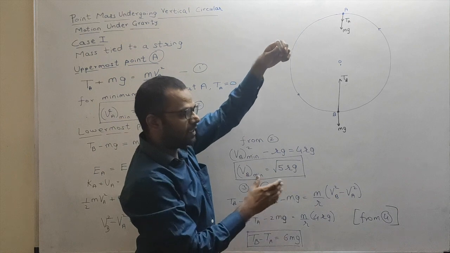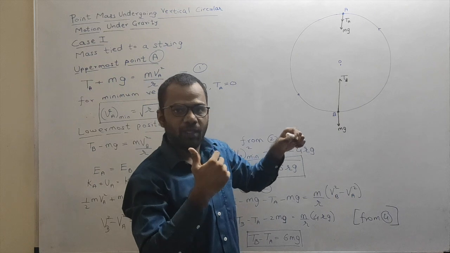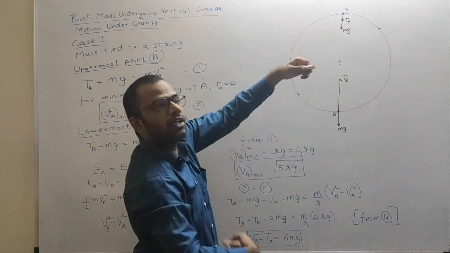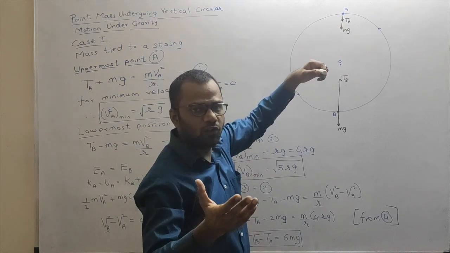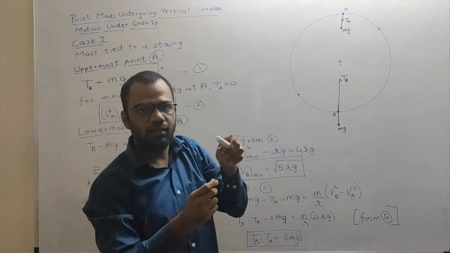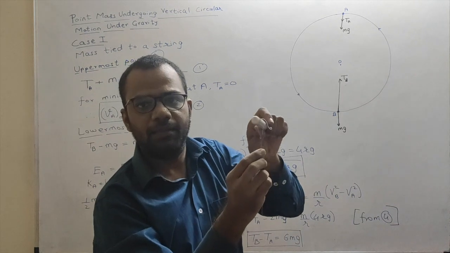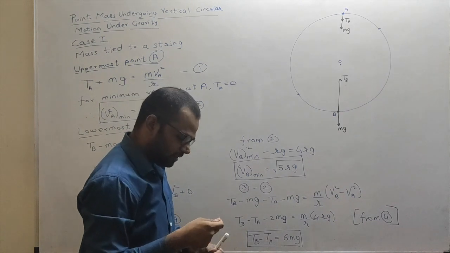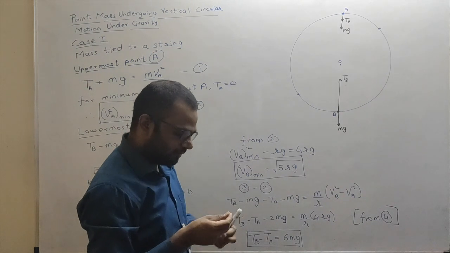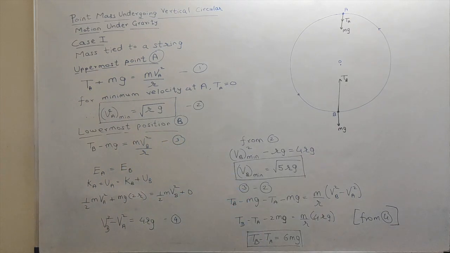Now in the absence of other forces such as frictional force or air resistance, once the bob completes one motion, it will keep on continuing the vertical circular motion because there are no dissipative forces. There are no losses of energy. Over here you can see how the string is attached to this pen or that rigid support. This pen itself will be attached to some further rigid support, and then the bob will be given some motion such that it performs vertical circular motion.